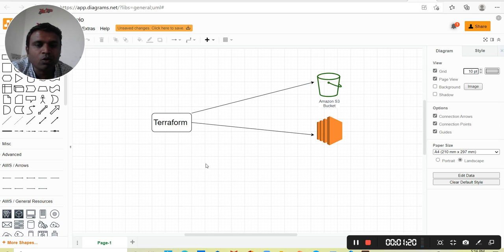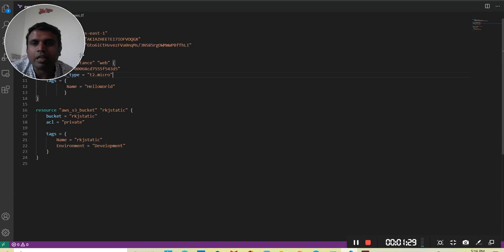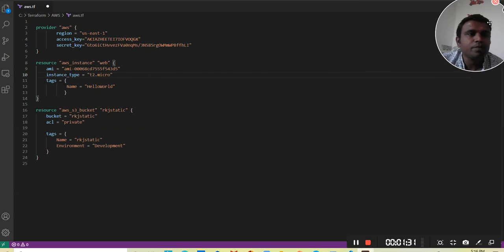So let's go to the infrastructure as code. I have written my code in Visual Studio Code, and I think you can see this code, right? So what are the basic parameters required to create any infra?